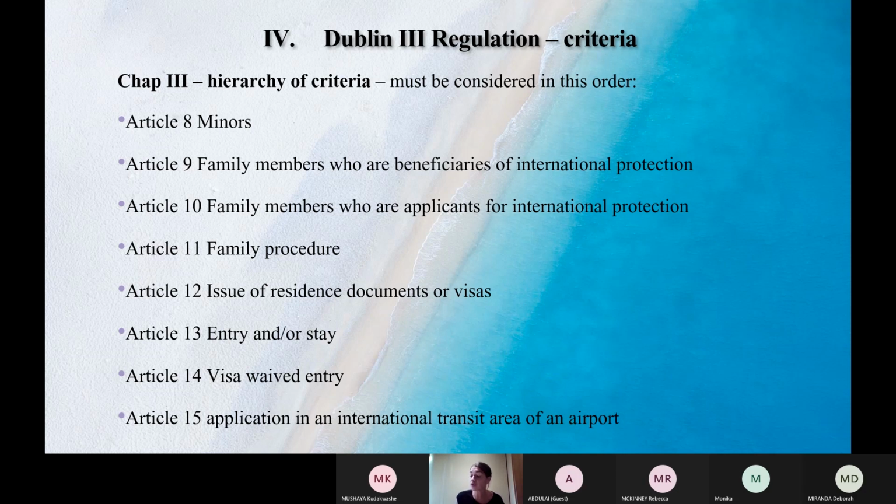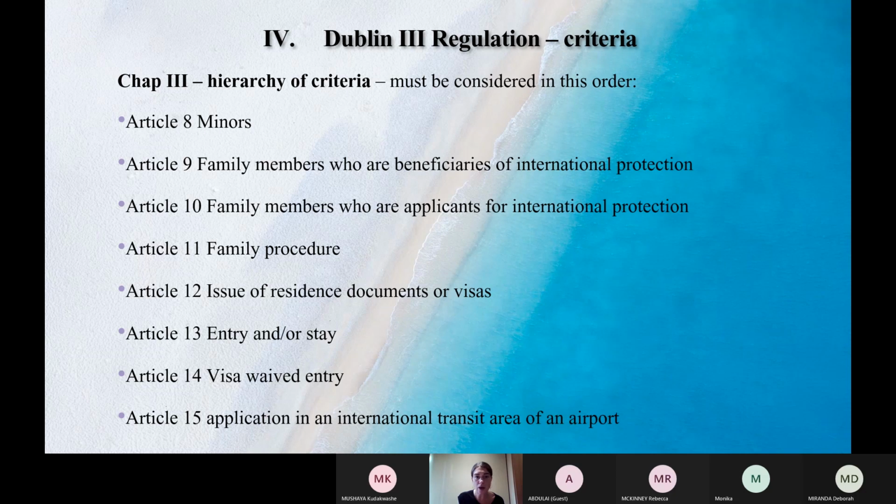Where an unaccompanied minor has a relative, which is defined in slightly broader terms, that's an adult aunt, uncle or grandparent who is legally present in another member state, and where it's established based on an individual examination that the relative can take care of that unaccompanied minor, then it's that member state, provided that it's in the best interests of the minor. And in the absence of a family member, the responsible member state is where they lodged their application for international protection. So that's in respect of an unaccompanied minor.